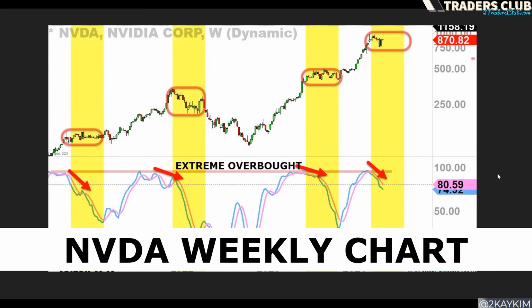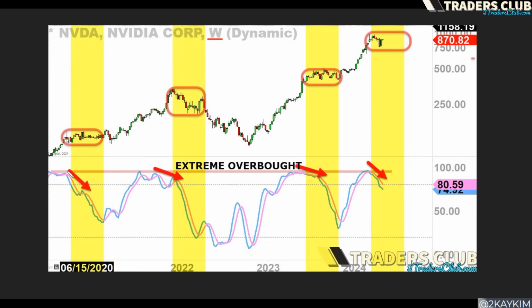Let's continue here. NVDA. Again, another weekly chart. As you can see, NVIDIA is hitting extreme overbought, extreme overbought, extreme overbought, right? And the only time it completely tanked was 2022. That's the only time. In 2020, it moved sideways and went up higher. Late 2023, sideways, went up higher. So here, the biggest question is, are we going to move sideways and continue higher,